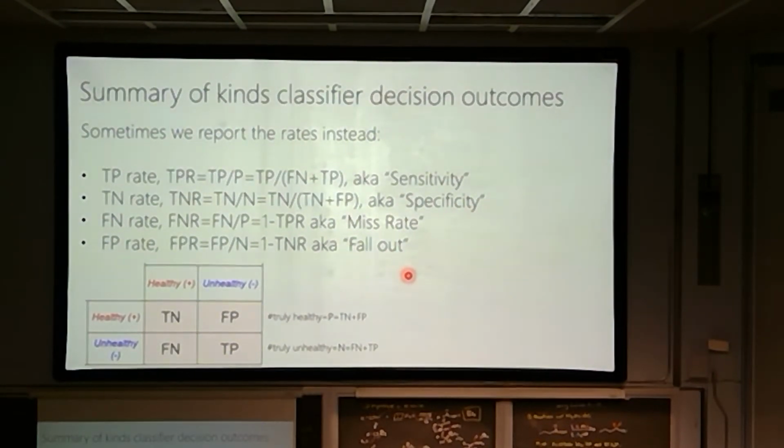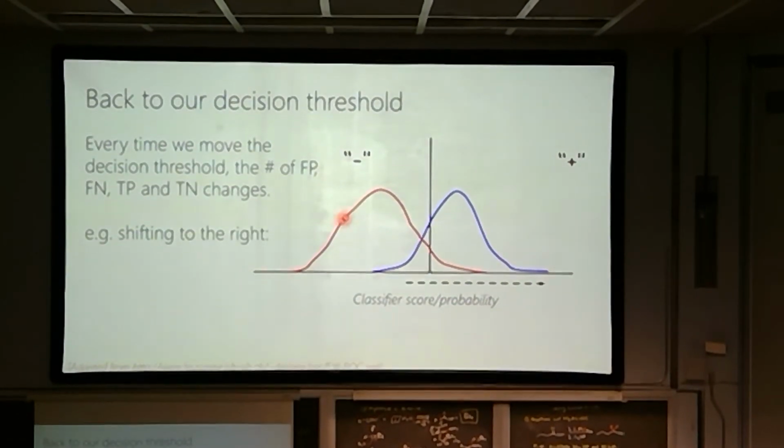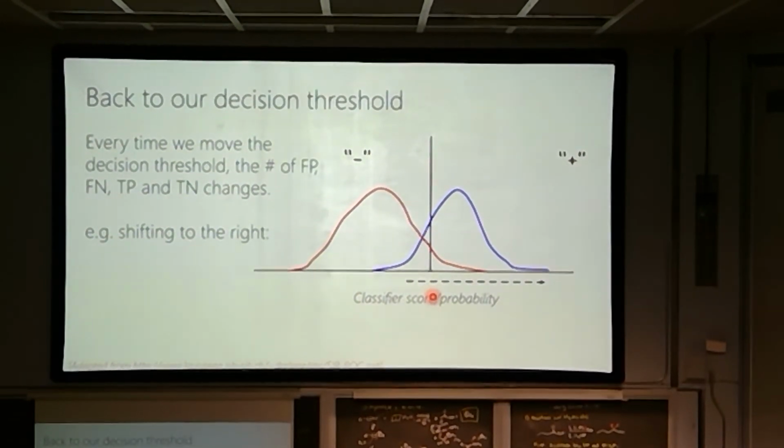But okay, these are just definitions. The main idea is that we have different kinds of errors we can make, or non-errors. We can get things right in one way or another way, and we can get them wrong in two different ways. So let's go back to here. The number of false positives and so on is going to change depending on where I put this threshold, right? So if I shift it,